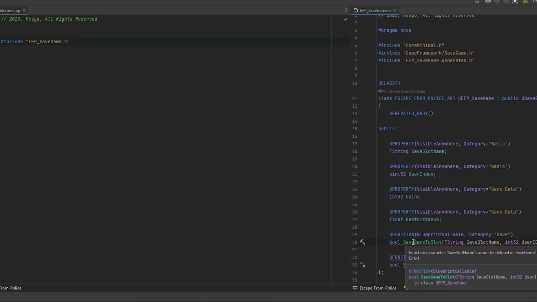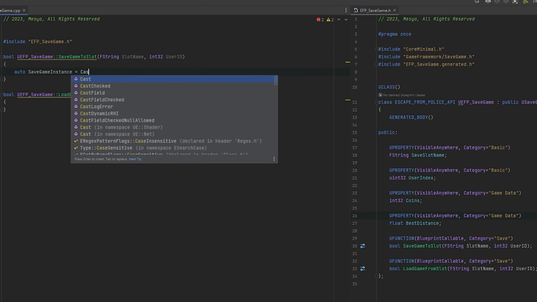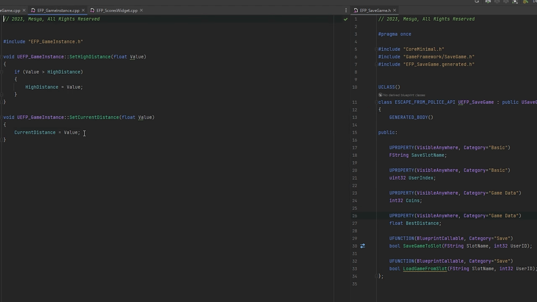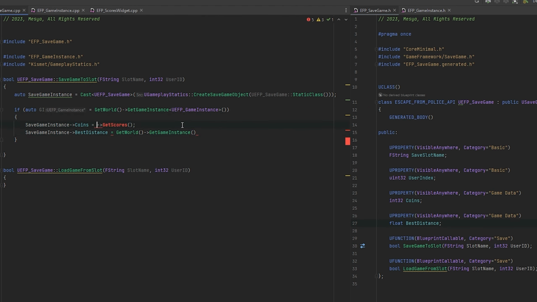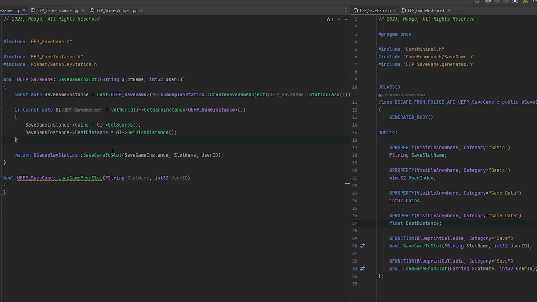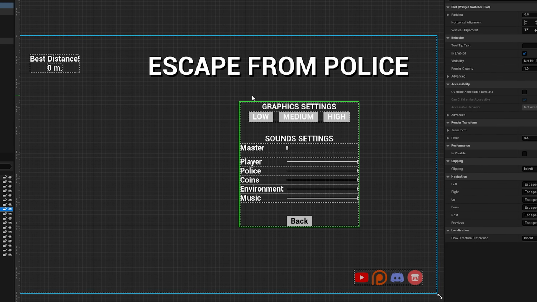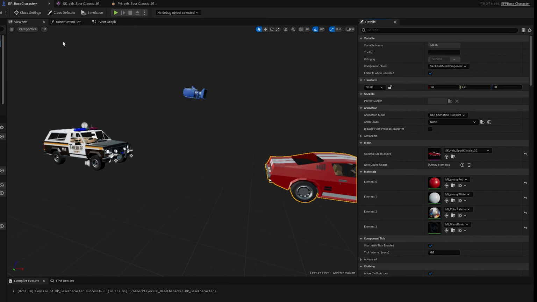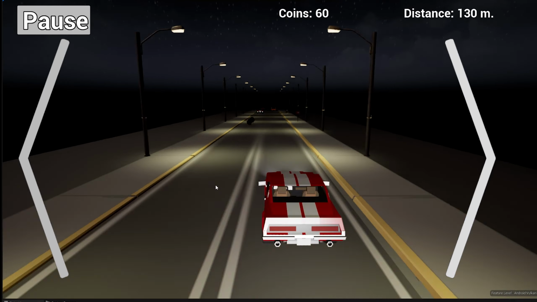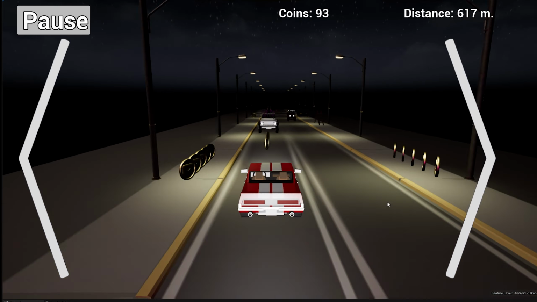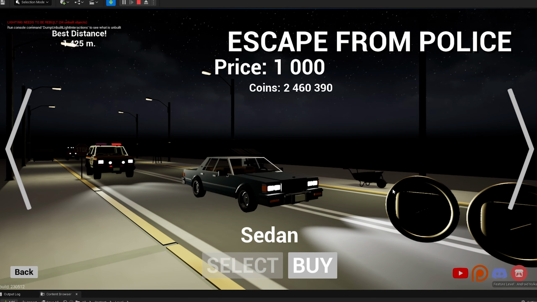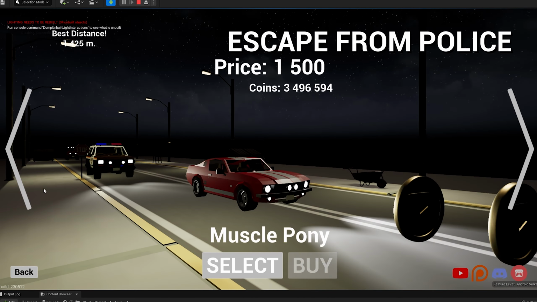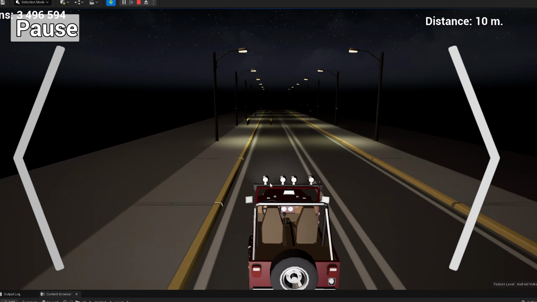Then I added a save feature to the game, so your best scores wouldn't reset when you restart the game. I also reworked the graphics settings for Android, they are now simpler than before. Car change. First, I added the ability to start the level with different cars. Then, I added a garage to the main menu, where I implemented the ability to purchase and choose a car that you will use in the game.